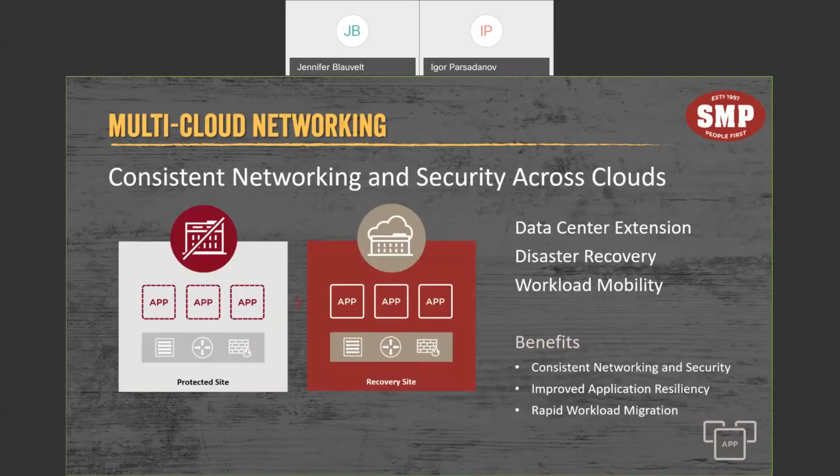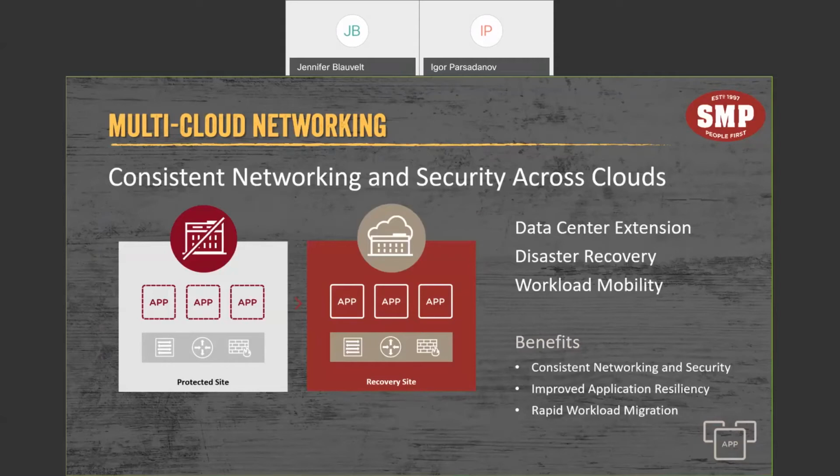And multi-cloud networking. The ability to replicate virtual machines from your primary to recovery site is only half the battle, because applications are no longer just virtual machines or workloads. They are a network of virtual machines. You have your three-tier apps where there is web and middleware and database, and they're all in the network. They have policies on how they work together. So you can now virtualize that network and treat it as if it's a VM.